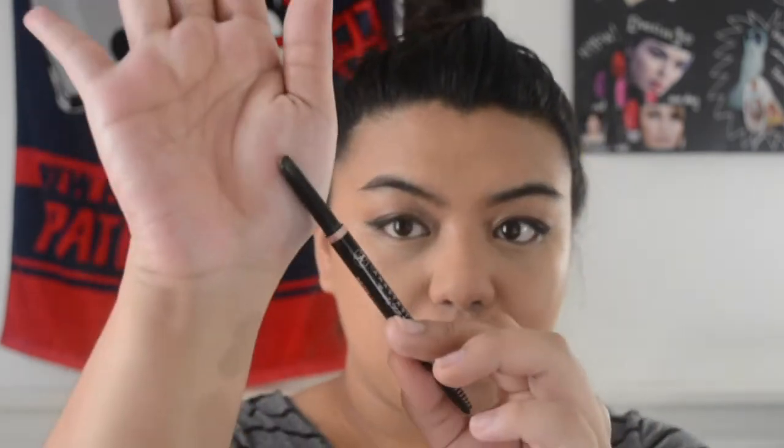So after that, we're gonna contour. No, actually, you know what? We're gonna do our brows, girl. So I'm using my Anastasia Beverly Hills Brow Definer. I usually use the Brow Wiz, but I wanted to try this out. It's been doing the job, actually a lot faster than the Wiz, but the product is super thick,